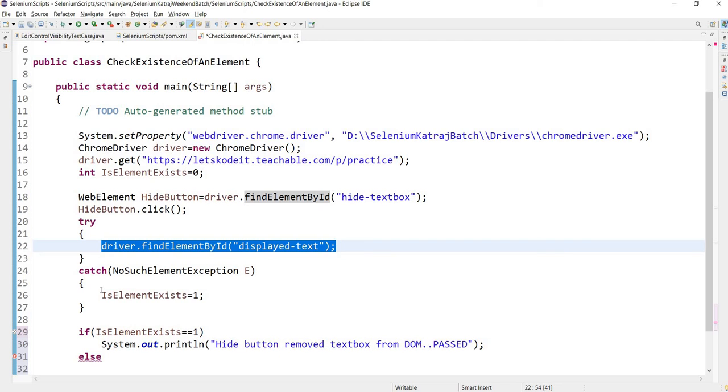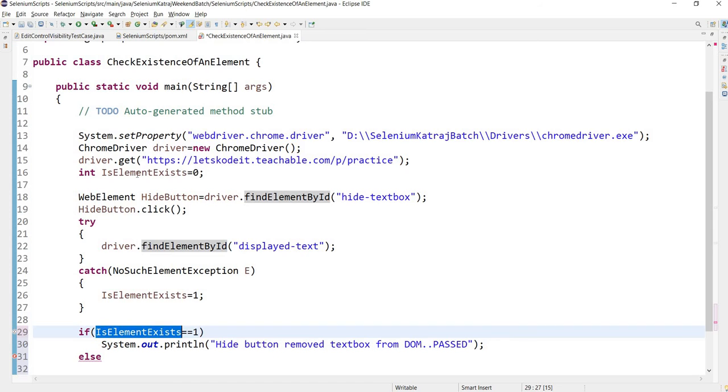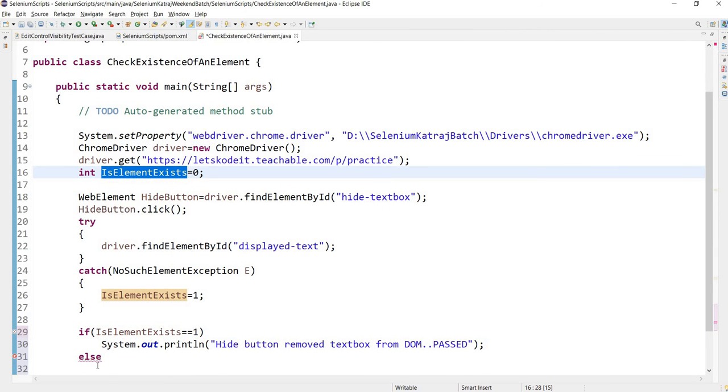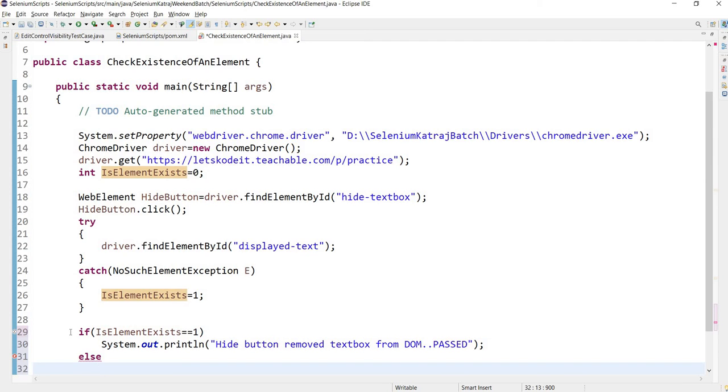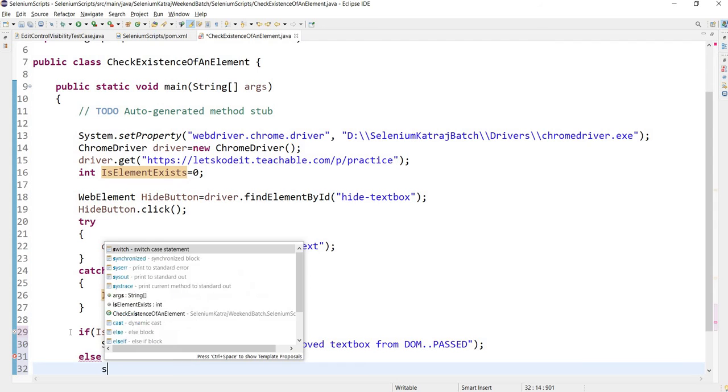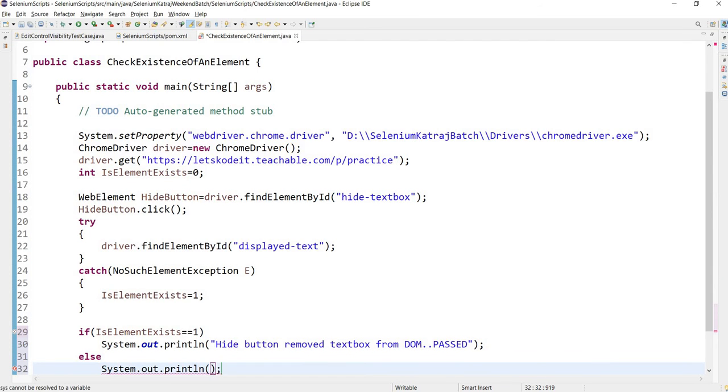So it will not go in the catch block, and our isElementExist variable will remain with its initial value, that is 0, and this particular if condition will get evaluated to false, and that will give us an indication that hide button didn't work fine.